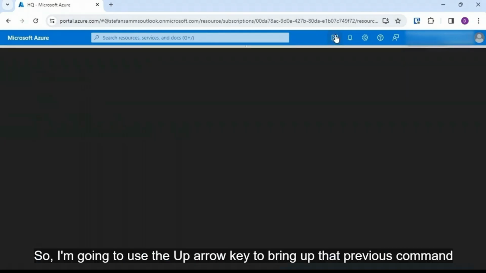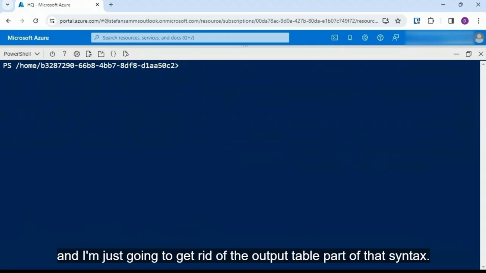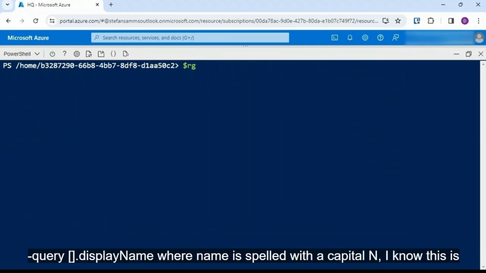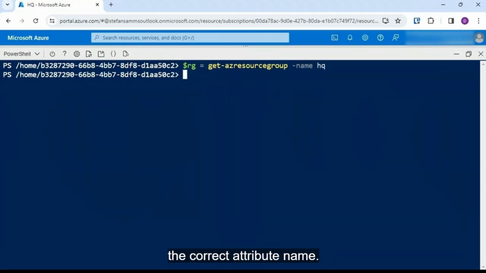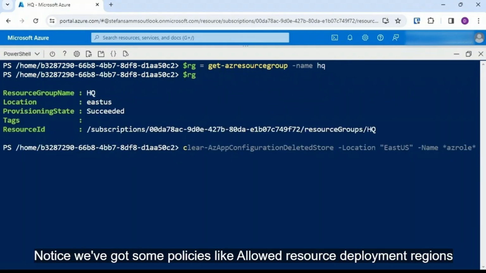So let's go back into PowerShell. The first order of business is going to be to get a reference to my resource group. So I'm going to make a variable called $RG. It's going to equal Get-AzResourceGroup -Name HQ. Okay, so we've got that in our variable. If we just echo back, if we just type $RG, okay, we got a pointer to the HQ resource group